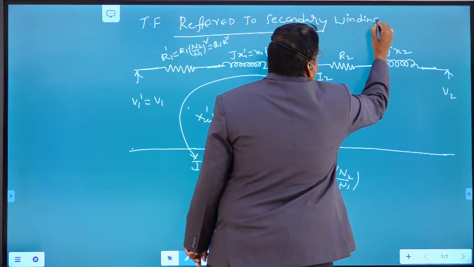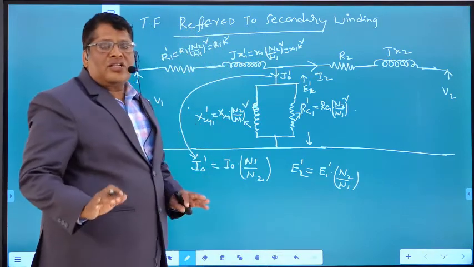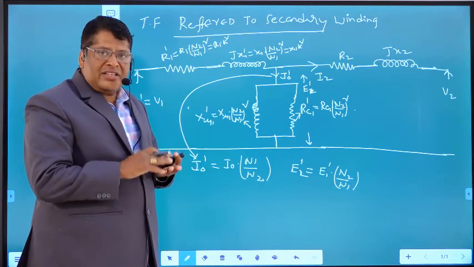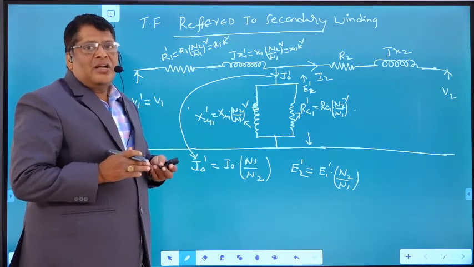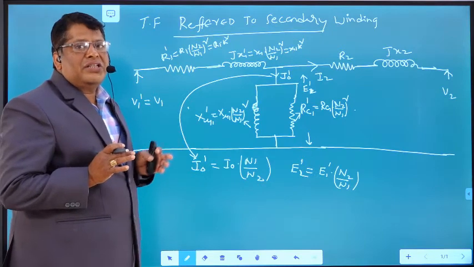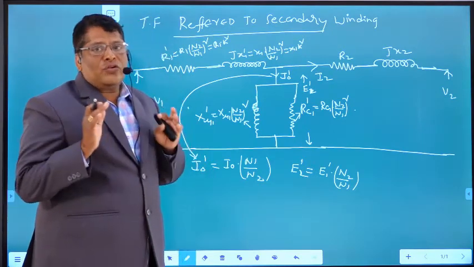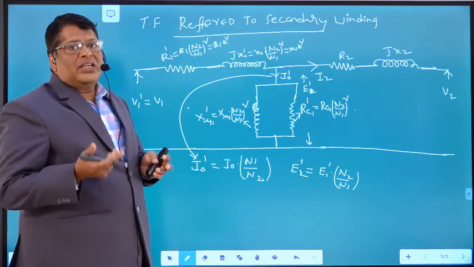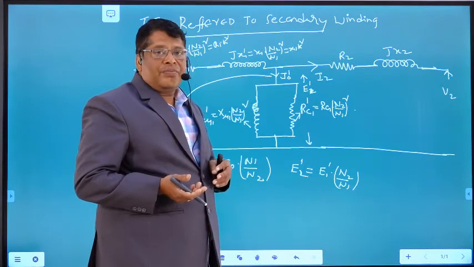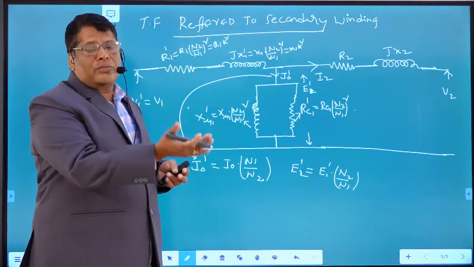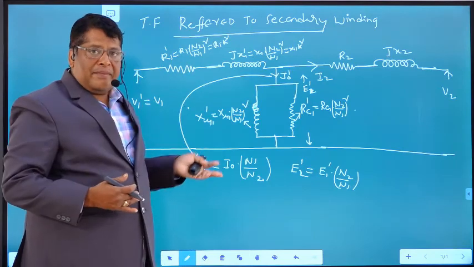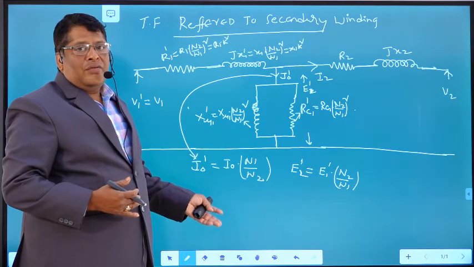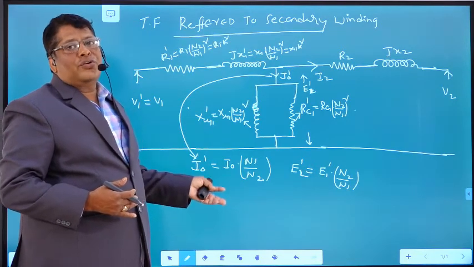See here, I am summarizing today's class. Up to here we developed the equivalent circuit of a transformer. The primary winding has a resistance and leakage reactance, and the shunt branch is there. The shunt branch in the equivalent circuit represents the mutual flux as well as the core loss in a transformer. In the same manner, the secondary winding has a resistance and leakage reactance. Initially we transferred the secondary parameters to the primary. Next we neglected the no load current, and finally we developed the simplified equivalent circuit of a transformer.